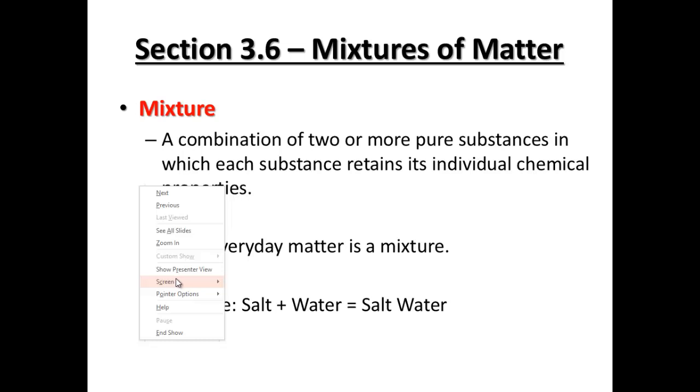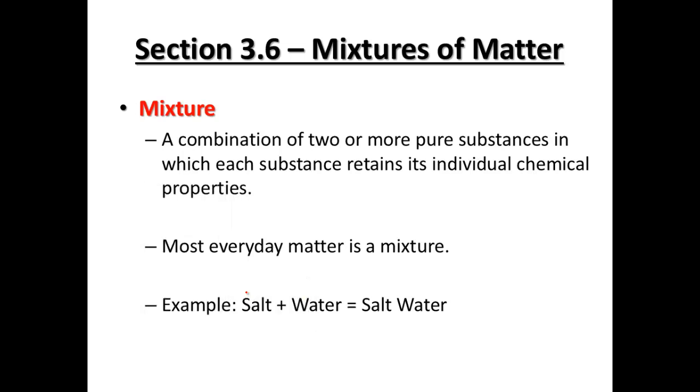Continuing with classifying matter, we're going to now look at types of mixtures. Now, a mixture is any time that we have a combination of two or more pure substances in which each of the substances retains its individual chemical properties. Most things we see in everyday life are mixtures. If you take salt and water and mix them together, you get salt water. We could actually separate the two back out from one another, but anytime they both retain their individual properties when